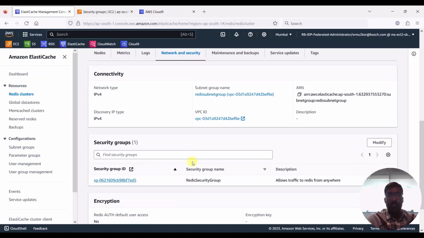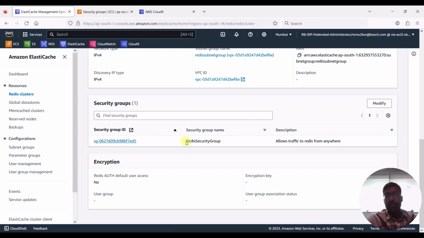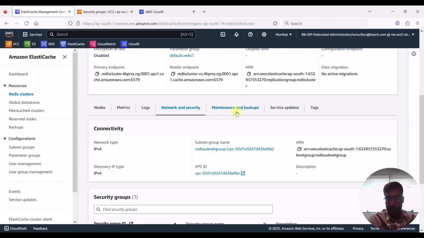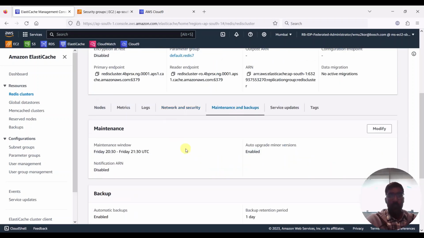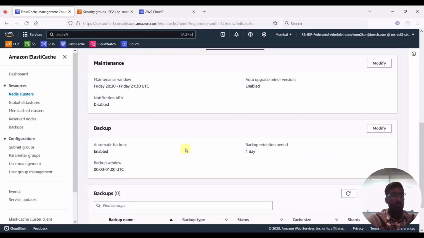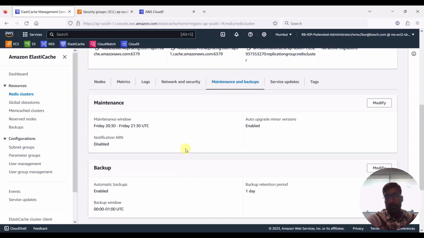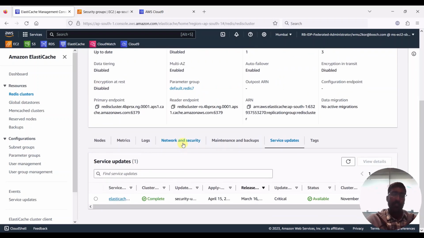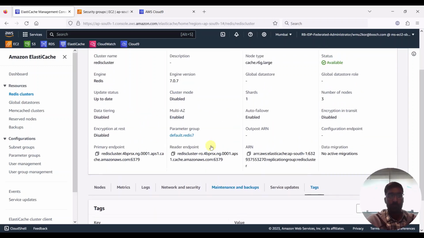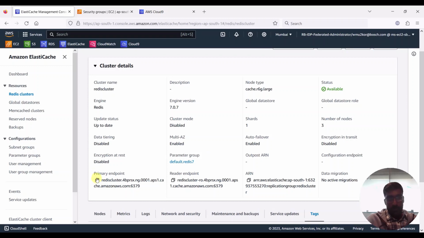Next, network and security settings. Here we can see the security group that we configured. Next we have maintenance and backups window. Next we have service updates. If there are any, they'll show up here. Next we have tags. This is the primary endpoint that you can use to connect to this Redis cluster to read and write data